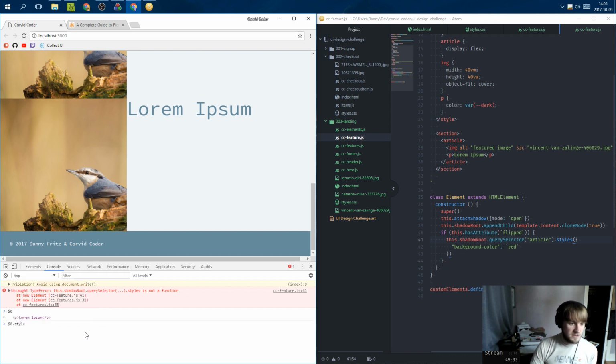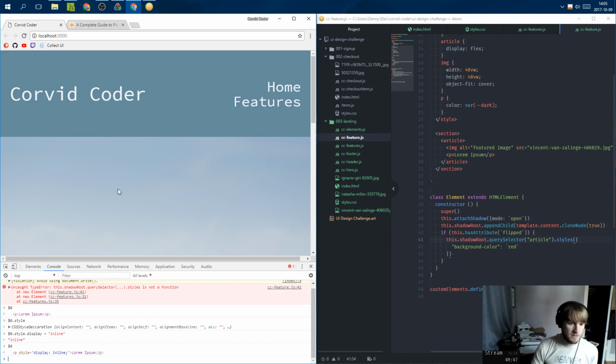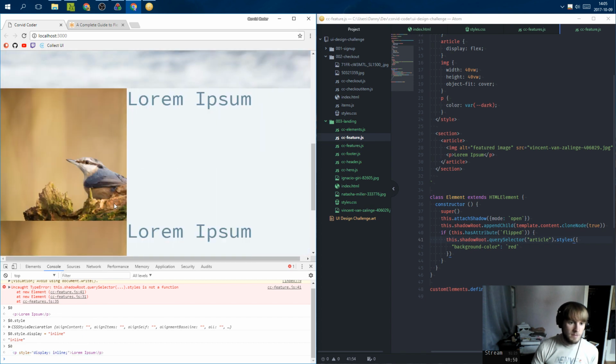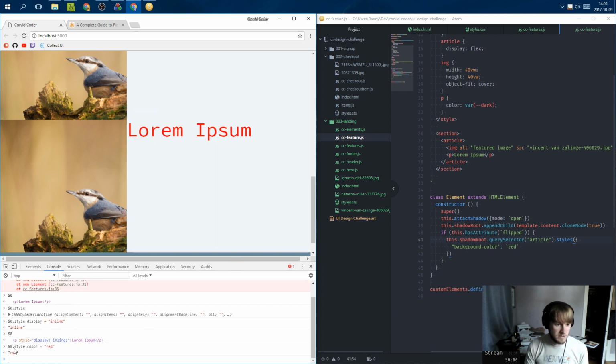So I said 0.style dot flex or display equals inline. What am I modifying anyways? Modifying that. Let's do background color. Oops, or just color. Okay, so it looks more like this. So I'm going to do dot style dot